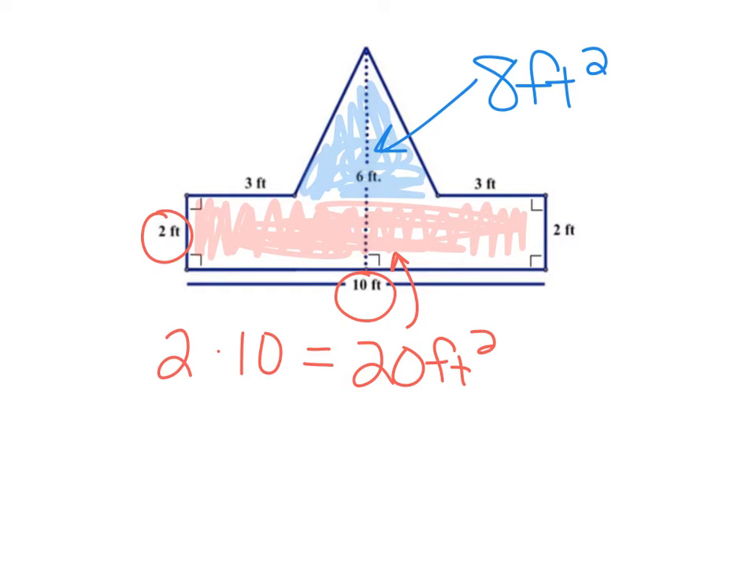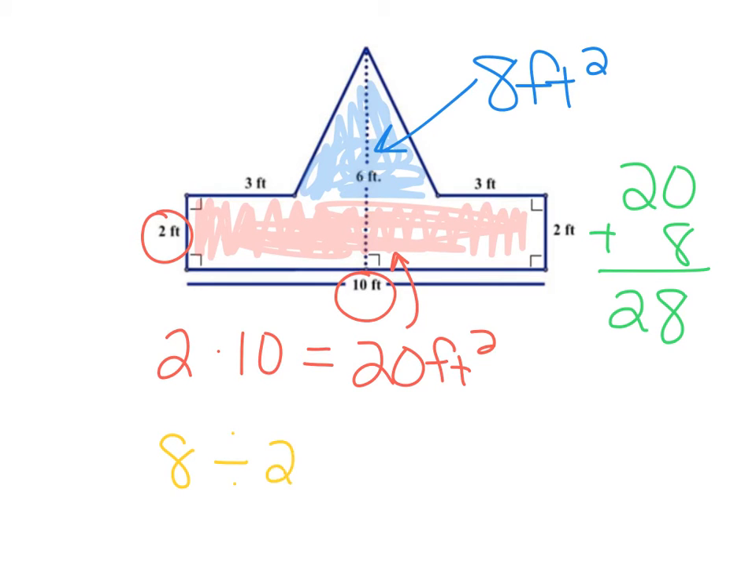So first we need the area of the entire shape. So let's add these two together. 20 plus 8 gives you 28 feet squared. That's the entire shape. And then to find the percent, you have to take the part that's blue and then divide it by the entire shape, which is 28. That gives you